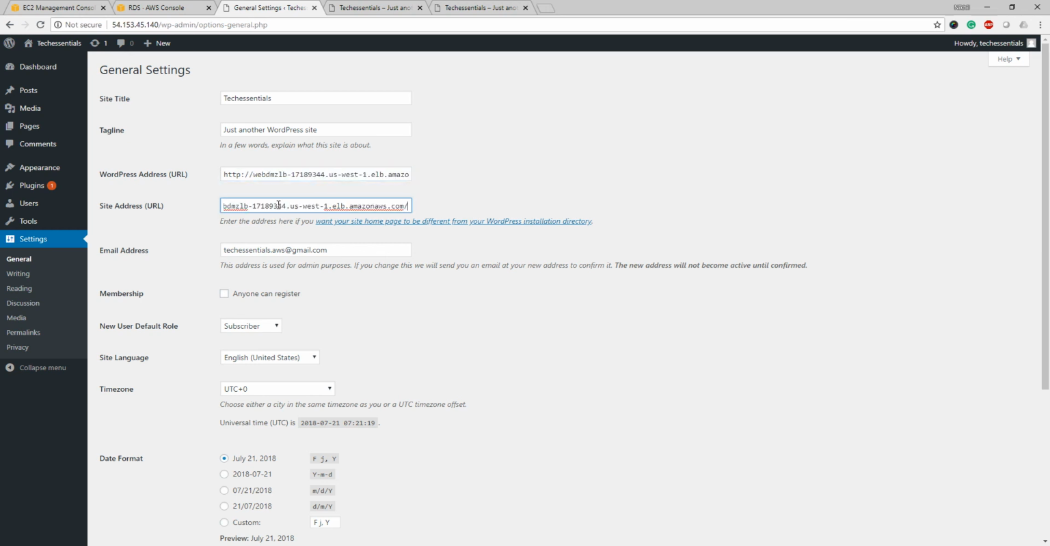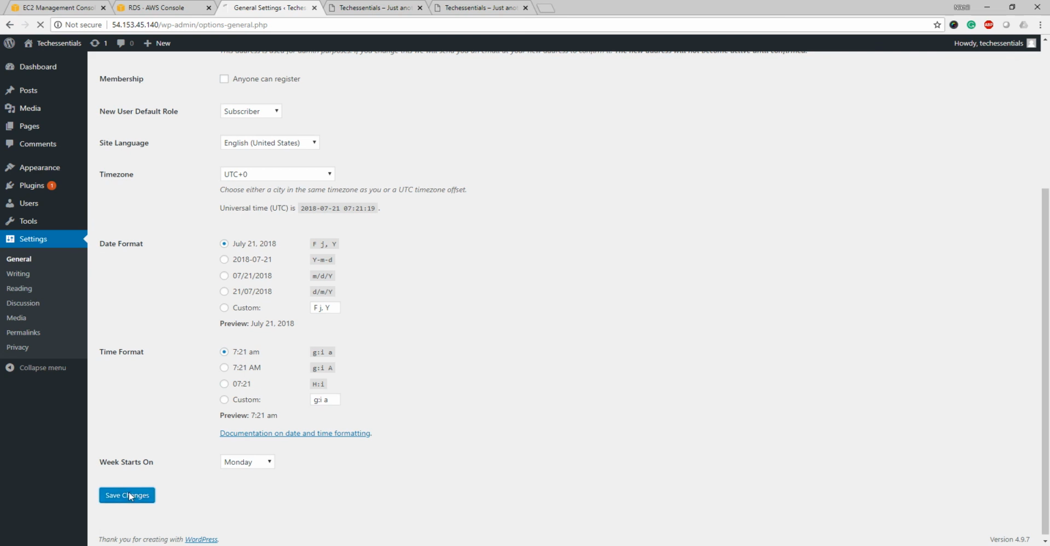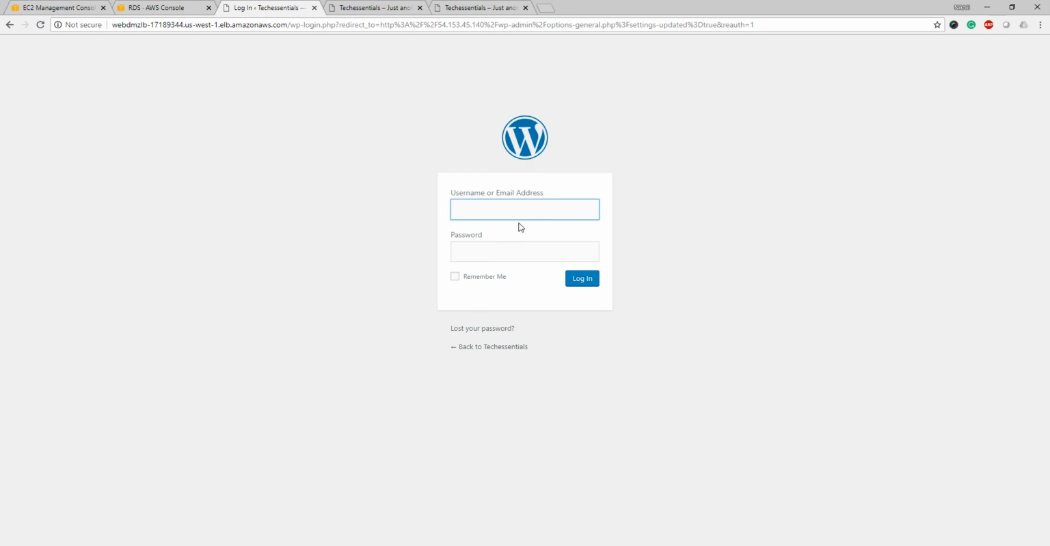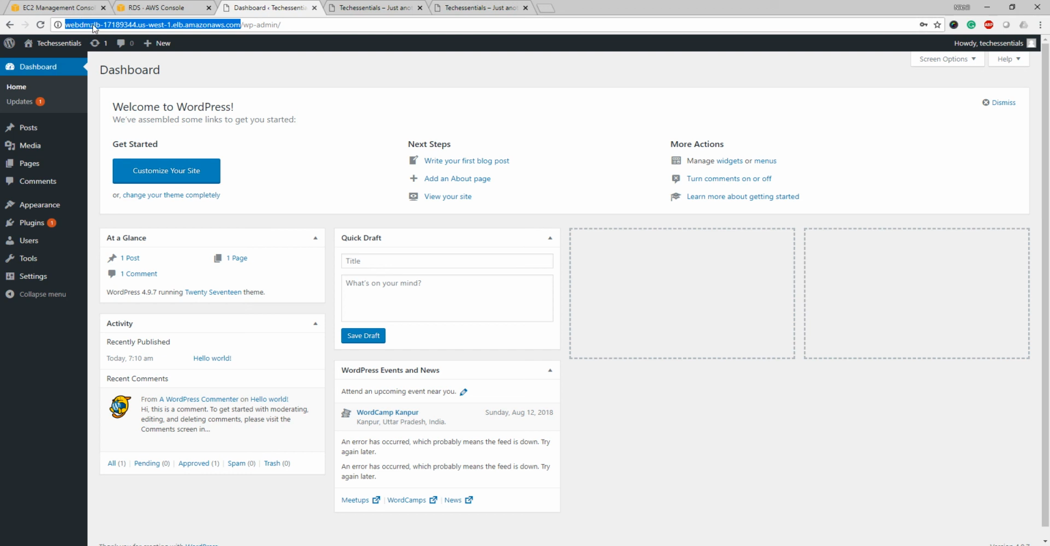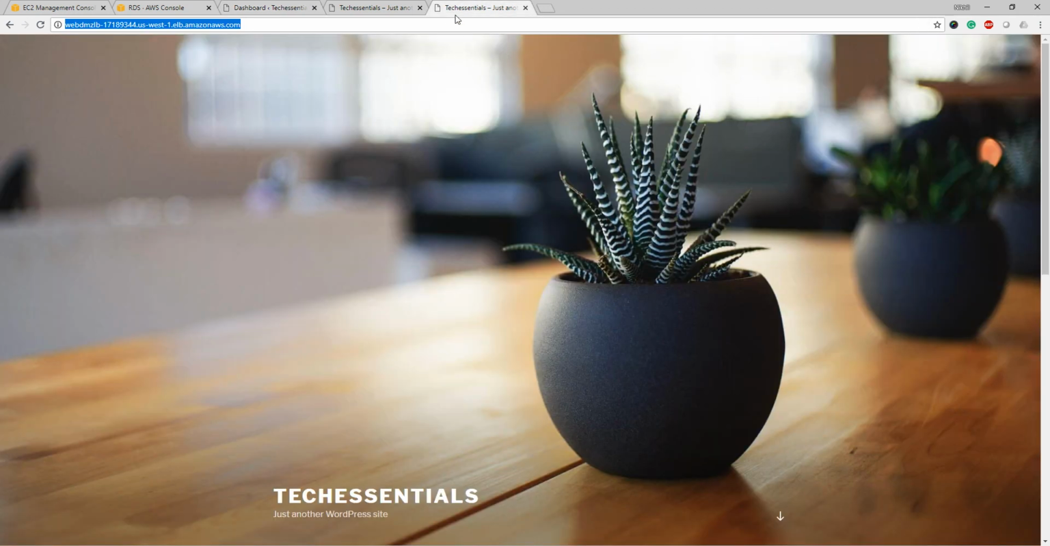And in a similar case, if you have a domain name such as www.example.com, you can make changes anytime you feel like you need to change the domain name of your website. Click on Save Changes. Okay, so it logged out. I'll log in again. And see, now I'll not get my IP address. I'll be using this webdmz lb, my load balancer,